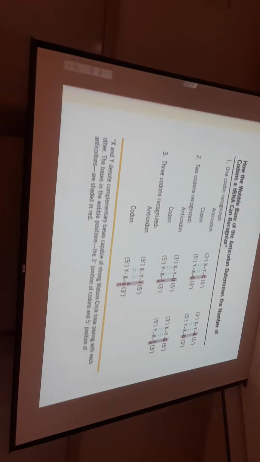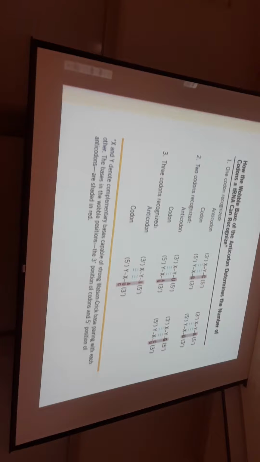But if we have a U or a G in this position, we can actually bind two different nucleotides in each case, namely A or G, or C or U. And if we have inosine, as we saw in the previous slide, we can actually bind 3 different nucleotides in this position. So there's quite a bit of flexibility, and this was explained by Francis Crick with his so-called wobble hypothesis,